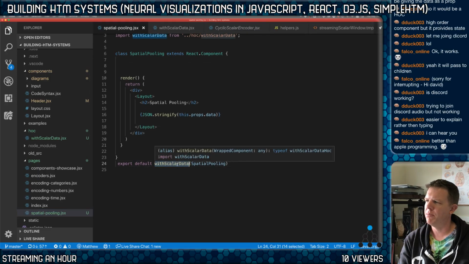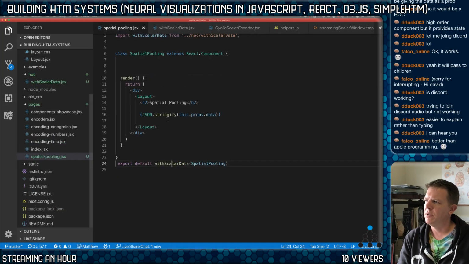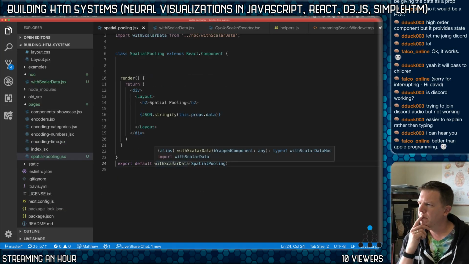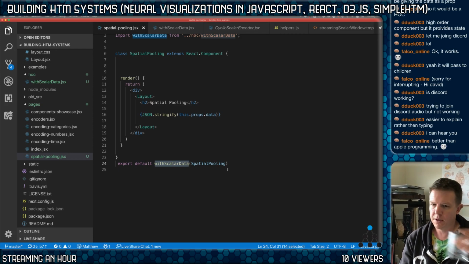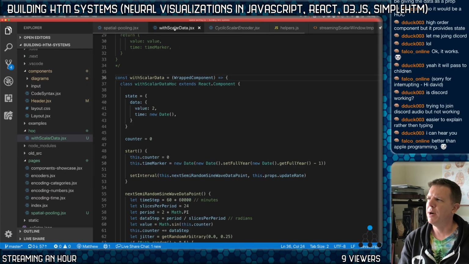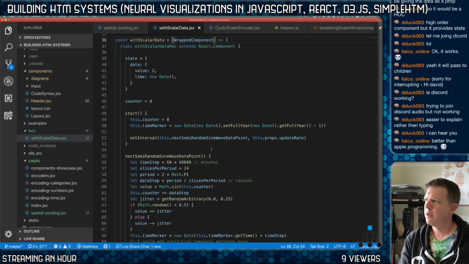How do I specify a property when I create this scalar data thing? Do you know, David? Yeah. So you basically want to pass a prop when you call that with scalar data. Yeah, exactly. I want to send an update rate as a property. I don't have to. I could hard code it right now and come back to it. But it would be nice to see it change dynamically. So where is it? Oh, it's right. So in here,